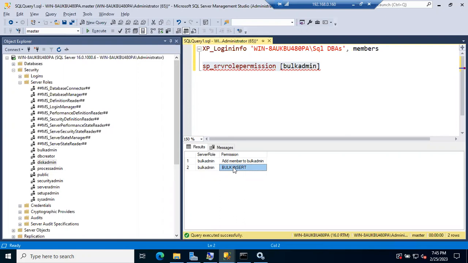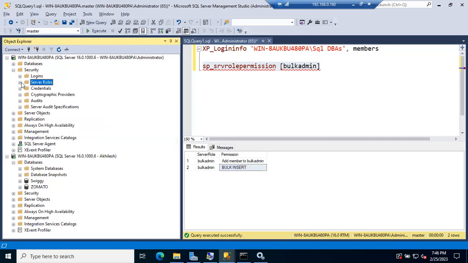Bulk insert means if you are loading bulk data, or loading data from any external sources like an Excel sheet or notepad, that is called bulk insert, guys. So server roles, generally, the meaning of server roles means server roles